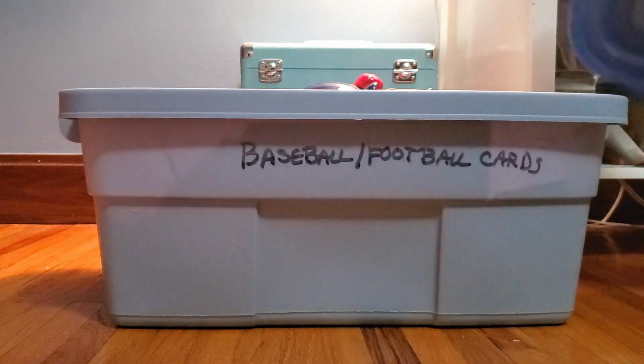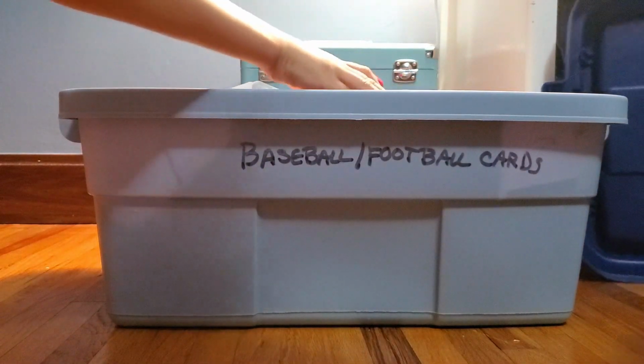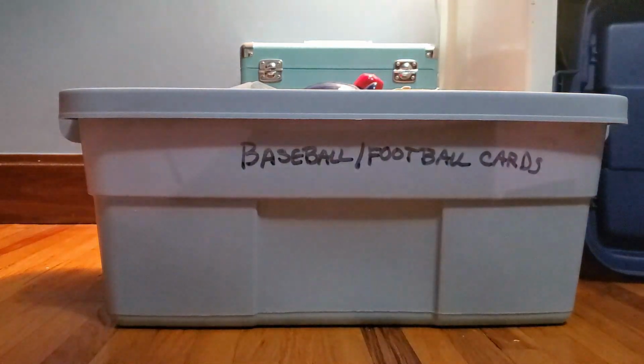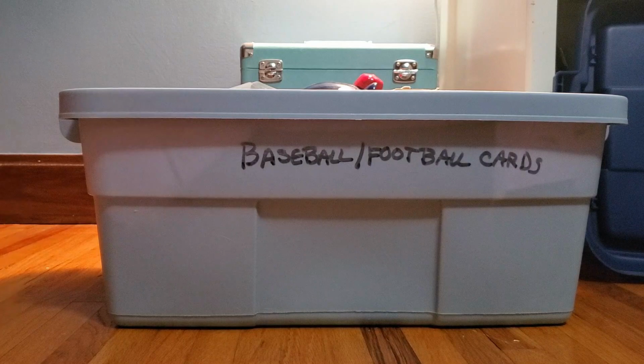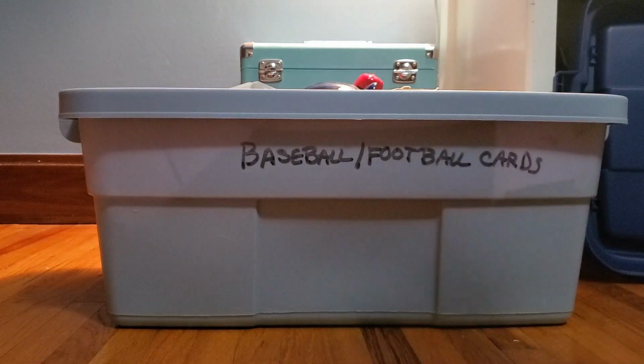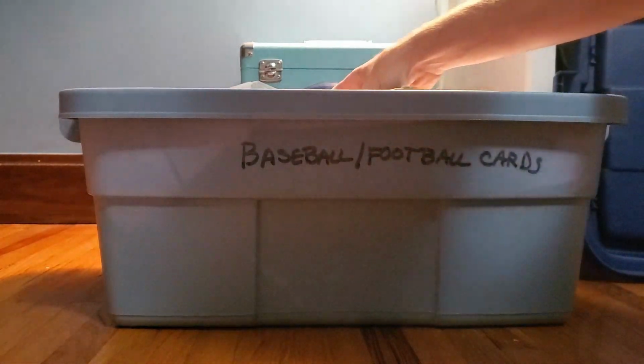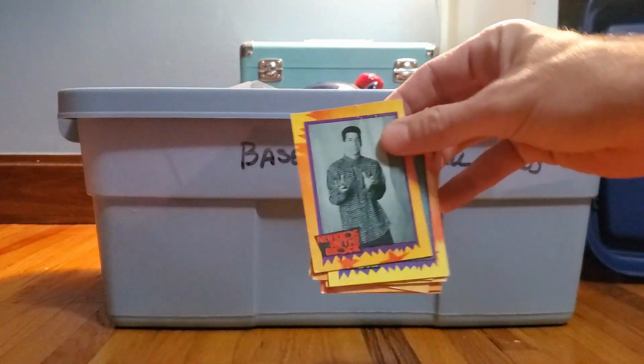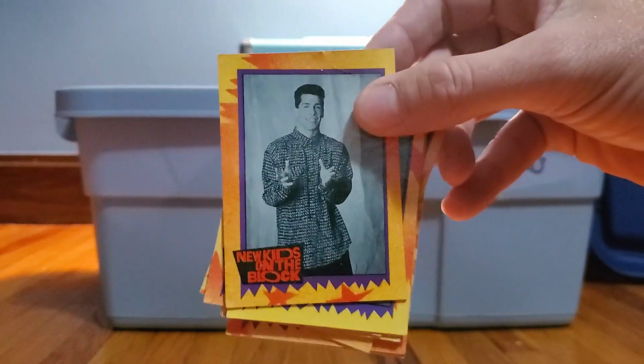This thing has been sitting in the grandparents' attic for the last, I think my brother-in-law is, if I'm not mistaken, like 38 or 39 years old. So these are his cards from his kids. He might even be 39. So right off the top, one of the funniest things you're going to see, and I have no idea how much any of this stuff is worth, but if these are my brother-in-law's cards, I'm going to laugh at him